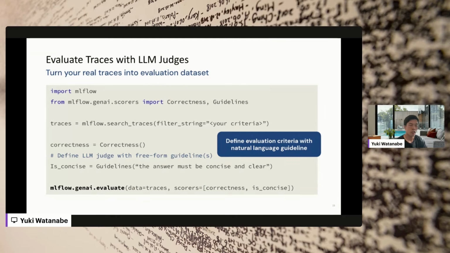Another problem is that tracking the evaluation results is kind of tedious. Running a single eval is fine, but when you start to have multiple versions of the agent, it quickly becomes challenging to keep the evaluation result linked with each version, each parameter, or environment setting, or those important pieces of information. It's easy to lose track: this is a good result, but what prompt did I use, or what kind of